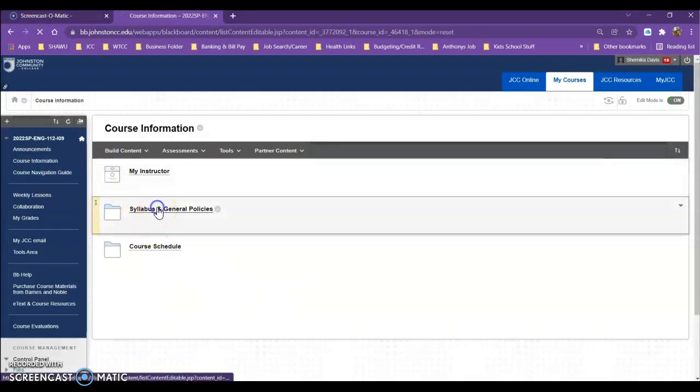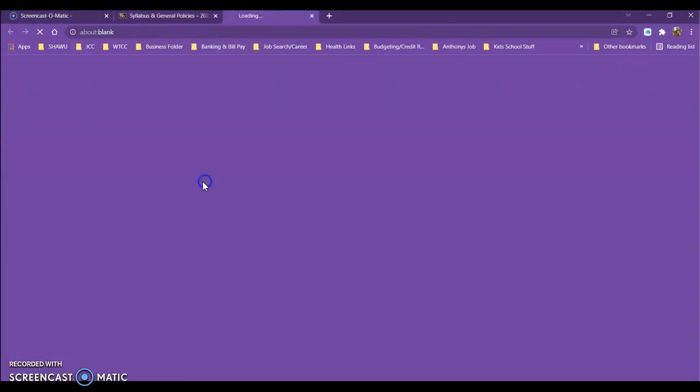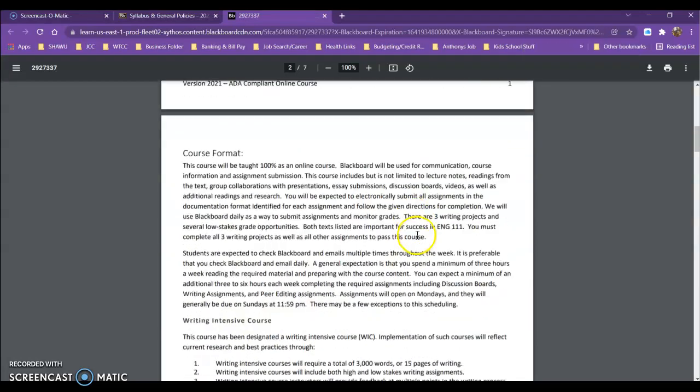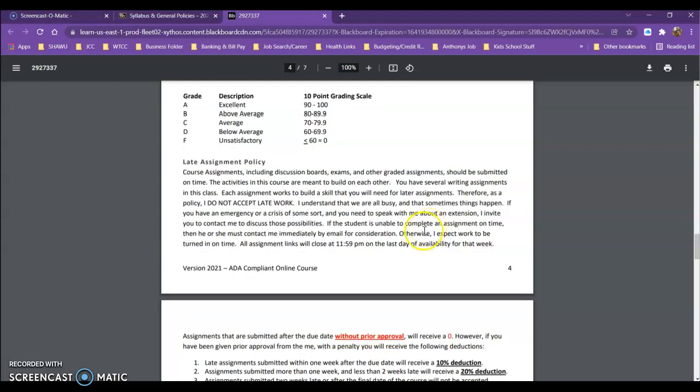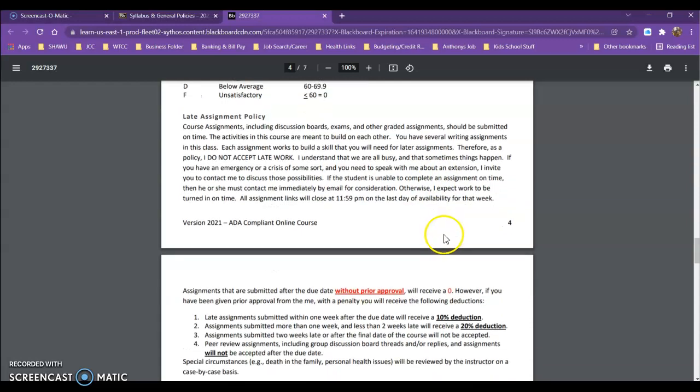Now, the other thing, make sure that you have gone through and read over the syllabus, and I'll pull it up a second. I always try to go over my late policy. It never changes. Pretty much, I do not accept late work. The reason why, especially in this course, is because everything builds on the next thing. So you want to make sure that you are turning in things on time. If you're having some type of technical difficulty, you need to reach out to me as soon as you know that this is happening. That way I can work with you to come up with a plan so that you can get your work turned in on time. Okay.